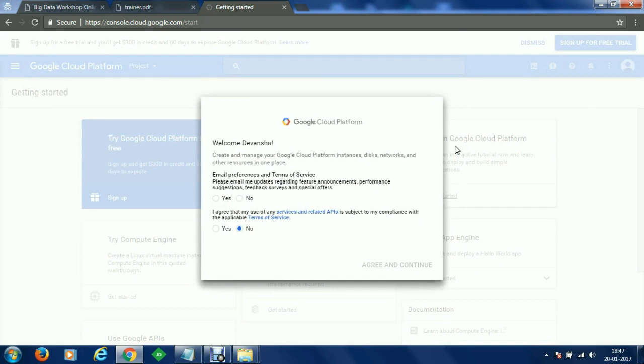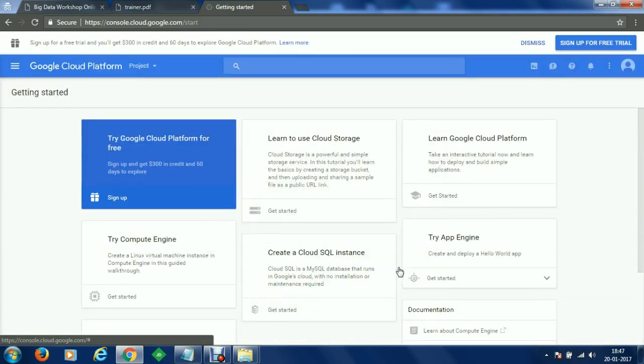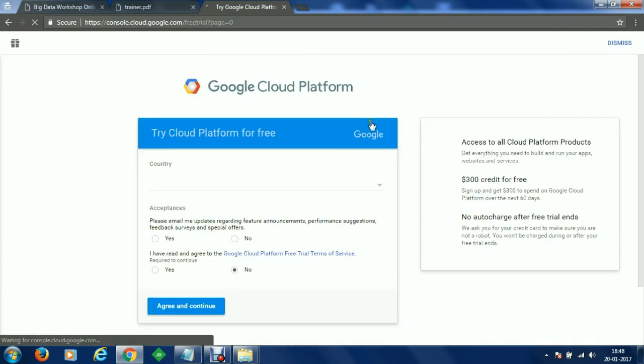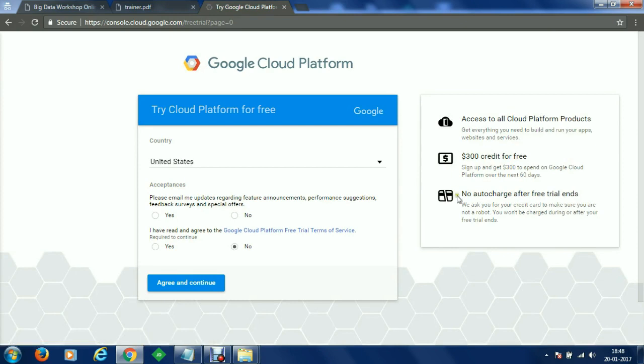Here we have to set some email preferences like yes, I would like to perform something like this. I agree with the concepts. Let's just agree and continue. Now in order to use Google Cloud Platform, we have to sign up for a free trial. Let's just sign up for a free trial. And on the right hand side you can see that we are getting some information like we'll get $300 credit for free.